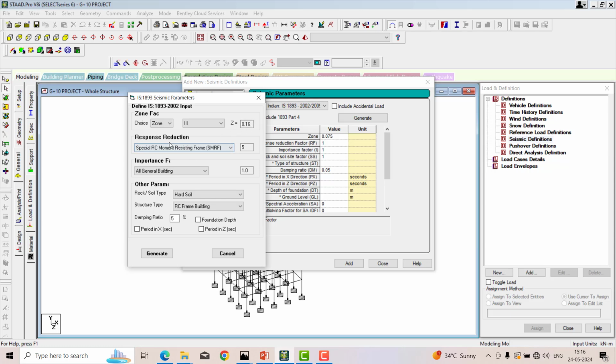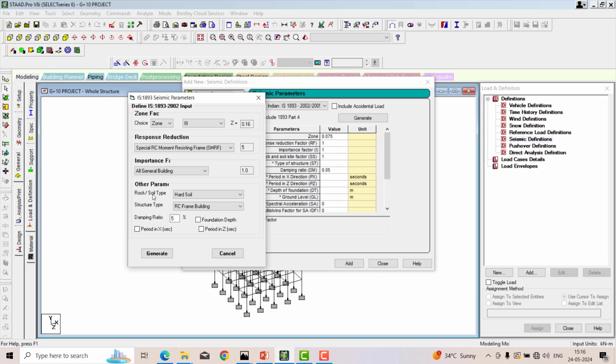And then response reduction factor, SMRF is 5, as I explained. Importance factor: you can go ahead with all general building if it is residential. If it is an airport or hospital, then you go ahead with the important building. The value will change from 1 to 1.5. This building is residential, so I go with all general building.